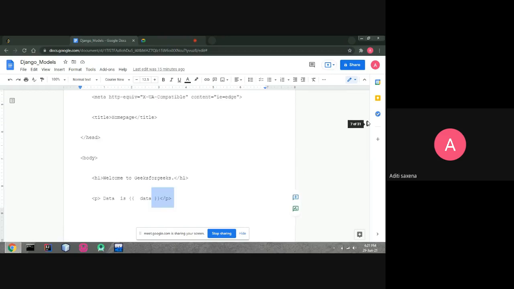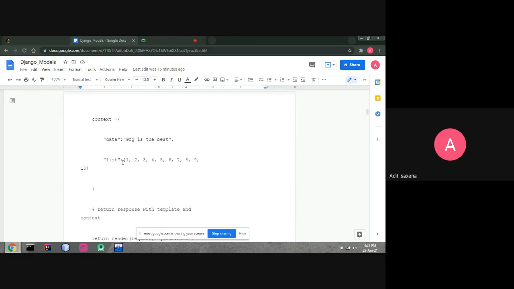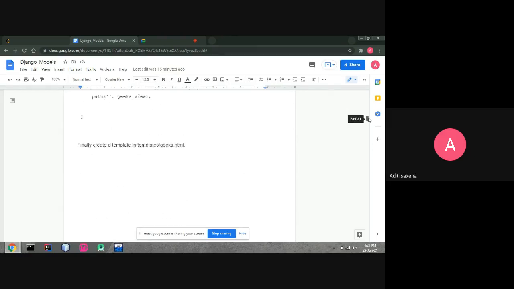In the view we created we have two things, data and list. This is data, and now we have also given it the list.